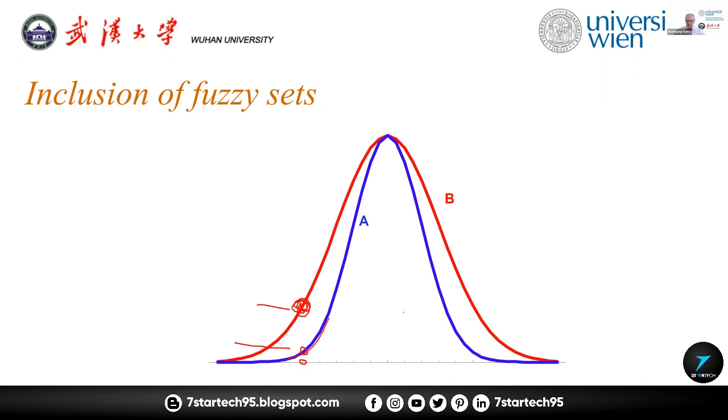It could even look like this, or it could look like that, or it could be even 0. So it would be really irrelevant what the membership value to A is, because only the values of B would count here for this union operator. That's the reason why they are called